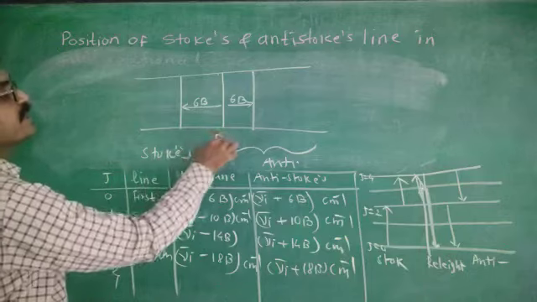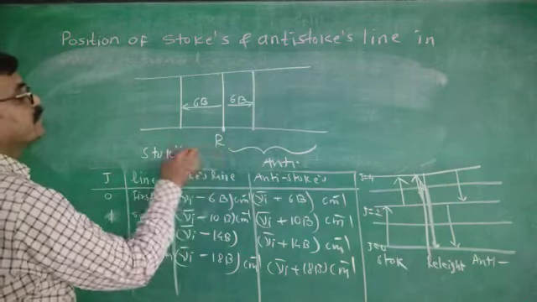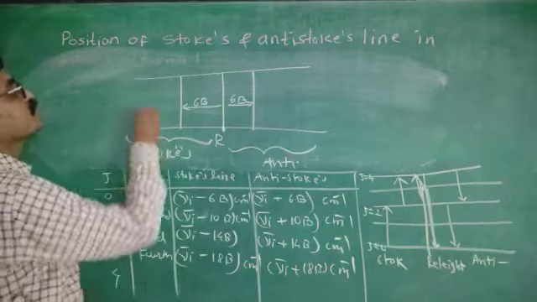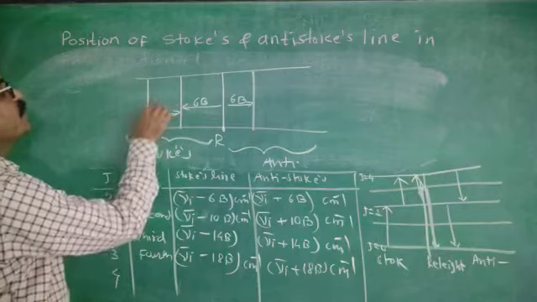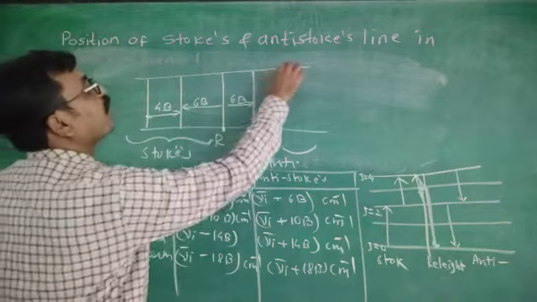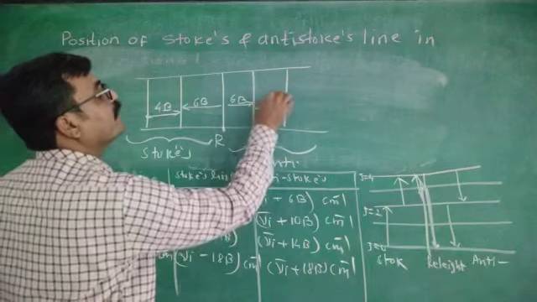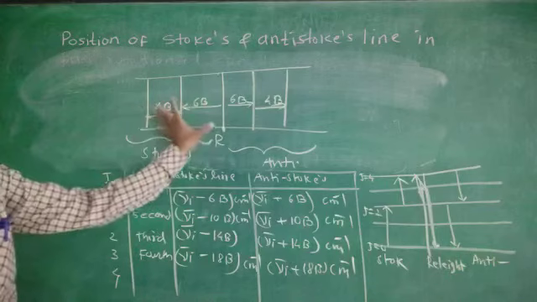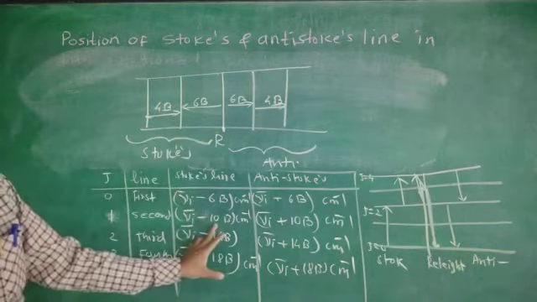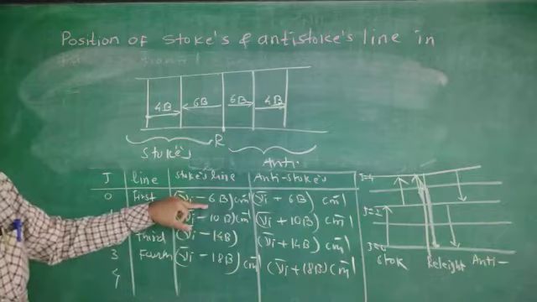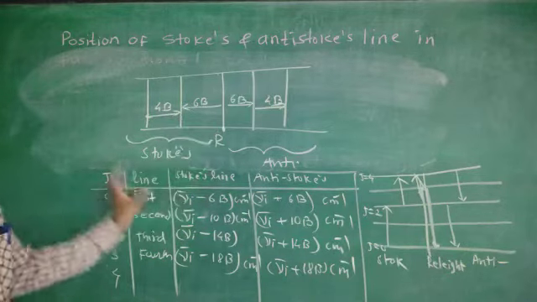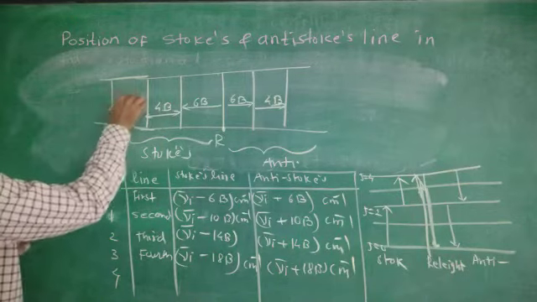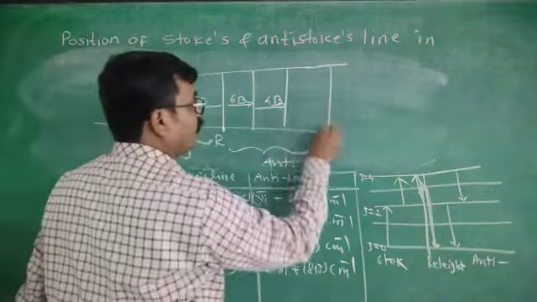Now this is Rayleigh scattering. That's why this is for anti-Stokes lines and this is for Stokes. Later on it will be 4b, again 4b. See, minus 10b means from this 6b plus 4b, that is 10b. Now if we consider this minus 6b, it will be this one. Now later on 18b means again there will be 4b. Here again there will be 4b.